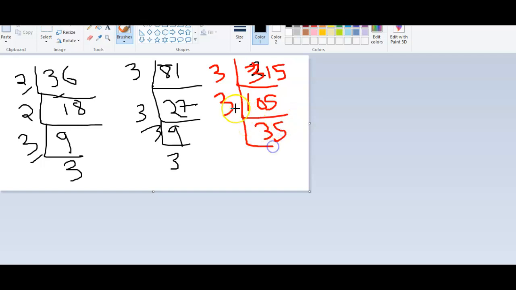Now we'll increment 3 by 1 and check whether 35 is divisible by 4 or not. No. So again we'll increment one more number, 4 incremented by 1 gives 5. 5 will be here and 7 will be here. So 3, 3, 5, 7. Okay, this is how it works. Let's write a program and I'll debug and help you.